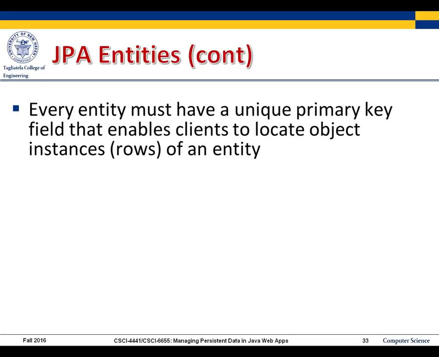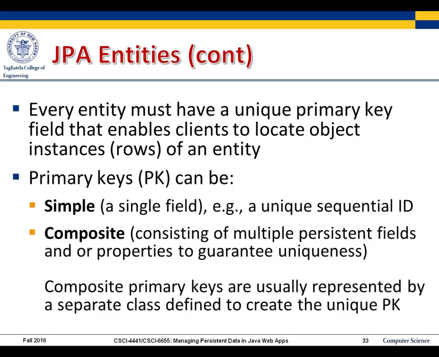In terms of some of the mechanics, every entity has to have a unique primary key because that's essentially how it finds it, or how it manages it from a low level. The primary keys can be simple, and generally speaking, you'll see the primary key being some kind of a unique sequential field. There are many choices for how you do that, but the whole point is it has to be unique. Sometimes, as you know from database design, your keys are what you call composite. So you can make it up from